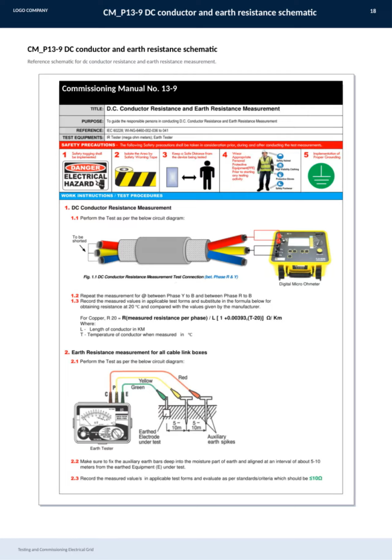Here we have the reference schematic for measuring both DC conductor resistance and earth resistance, which is an essential part of testing and commissioning electrical grids. This schematic, detailed in commissioning manual number 13-9, guides us through the correct procedures to ensure accurate resistance readings. Understanding and correctly applying this schematic is crucial for guaranteeing the safety and reliability of the electrical grid before it